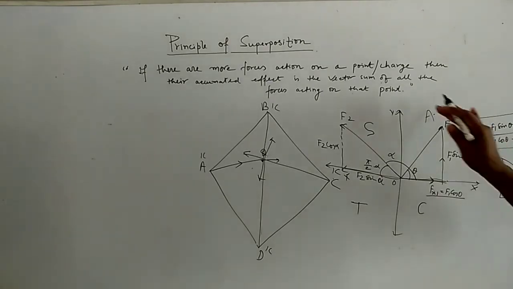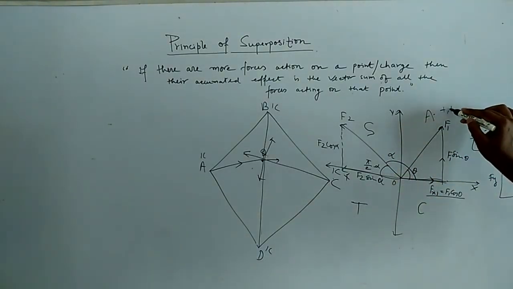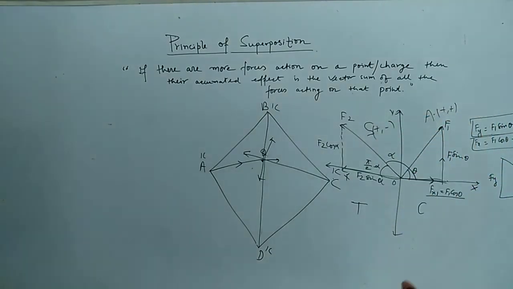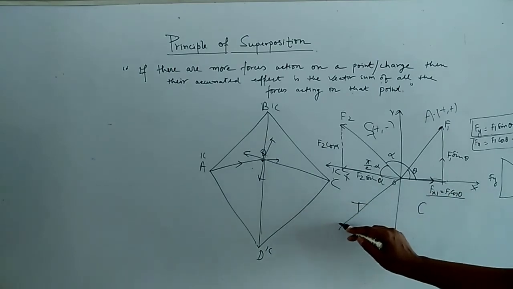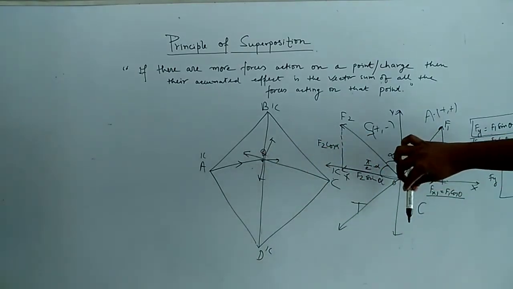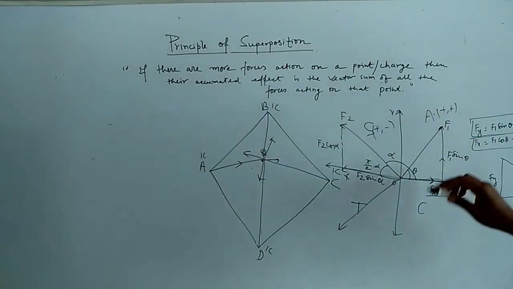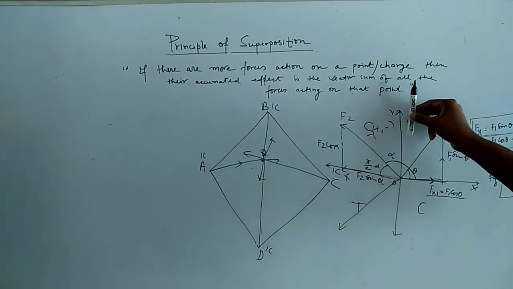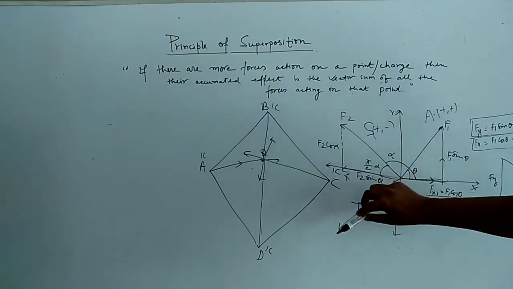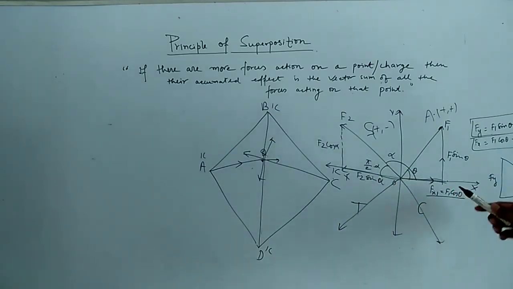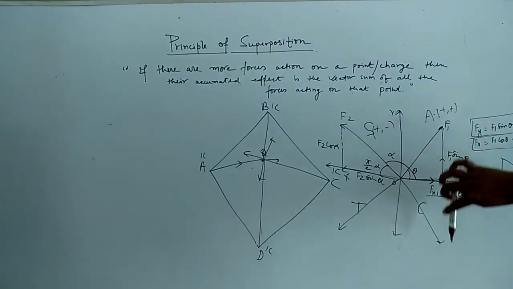So you know that in coordinate geometry also, these two are positive positive, these two are positive negative. Same way the component, if the force is acting in this, both the horizontal will go on the left side and the vertical will go down side. And here the horizontal is positive and the vertical is also positive. Here horizontal is negative, vertical is positive. Here horizontal is negative, vertical is also negative. Here if the force comes in this segment, then the horizontal is positive and the vertical is negative.